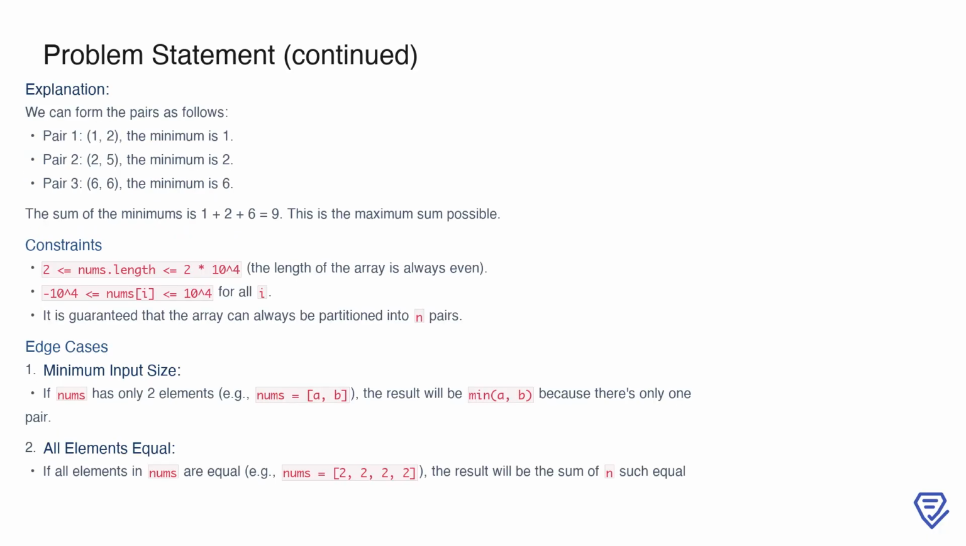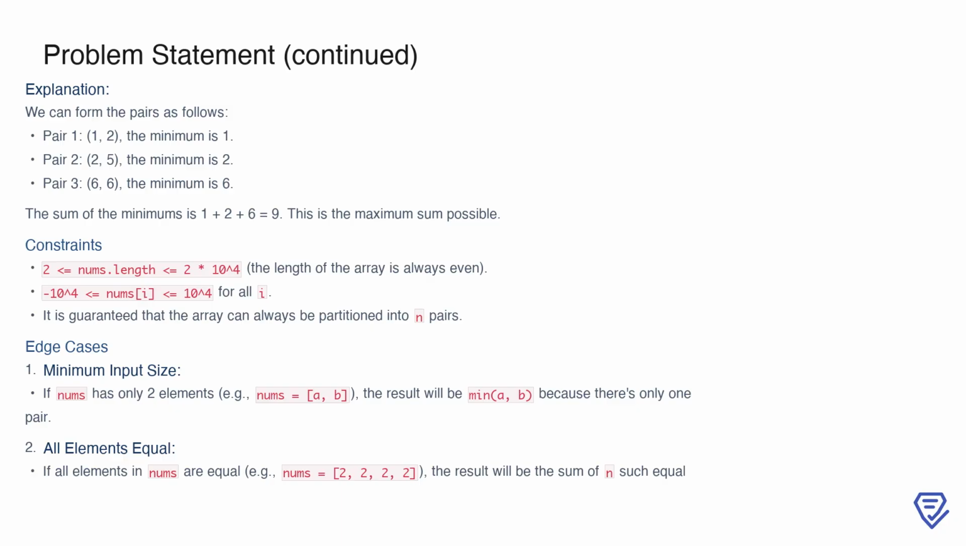Now consider the input array nums equals [6, 2, 6, 5, 1, 2]. The output in this case is 9. One way to form the pairs is (1, 2), (2, 5), and (6, 6). For these pairs, the minimum values are 1, 2, and 6 respectively, and their sum is 1 plus 2 plus 6 equals 9. This is the highest sum of minimums we can achieve with this array. The examples highlight the importance of strategically forming pairs to maximize the sum, which we'll further explore using the problem's